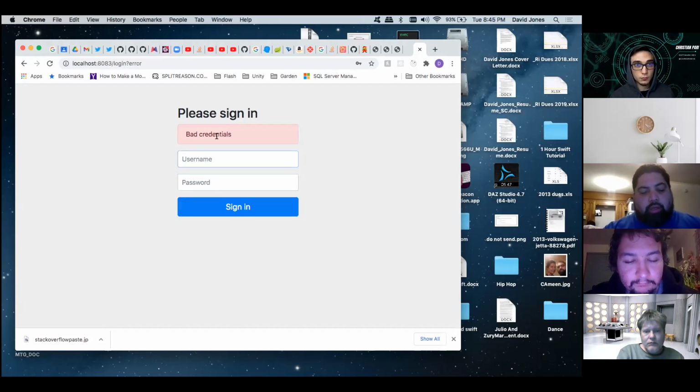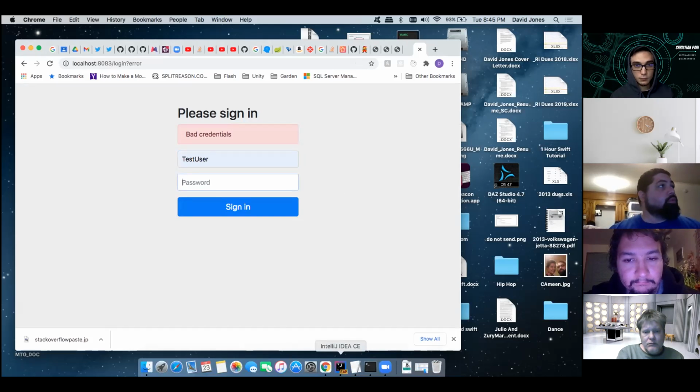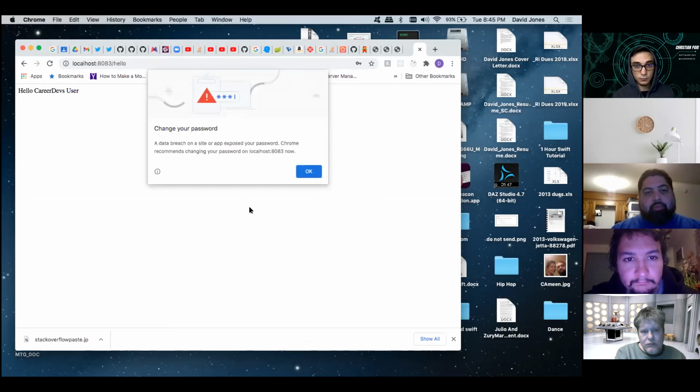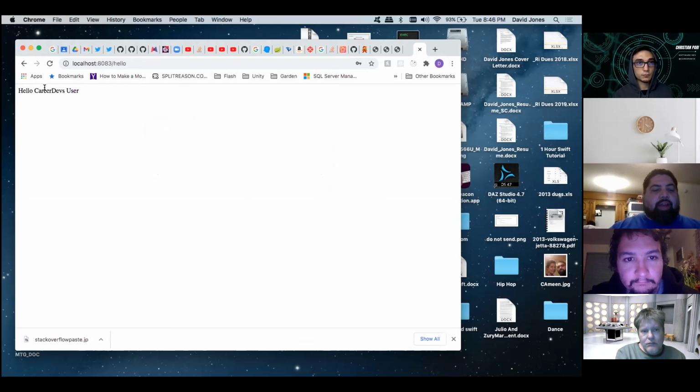So our username was test user. And our password was test123. If you sign in, I haven't gotten this to work correctly, but as you can see, it works. So that's how you do simple authentication. But the reason why you don't want to go with this,